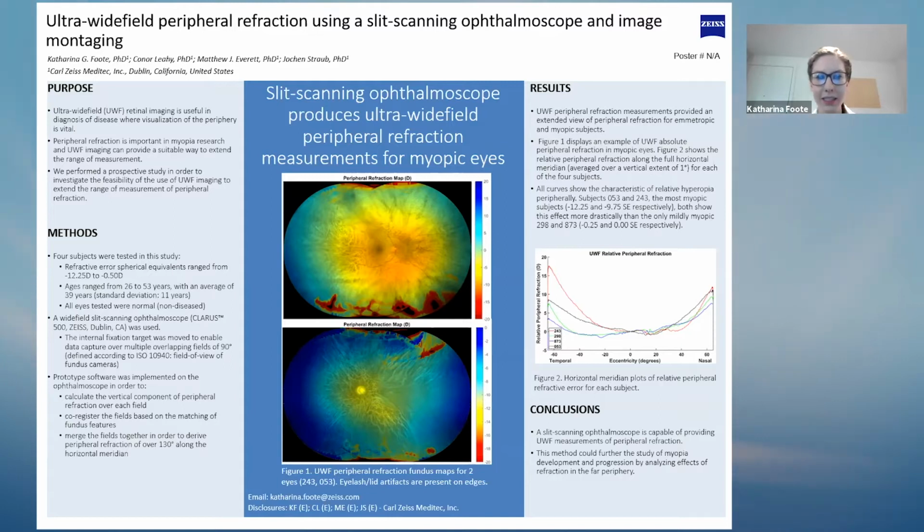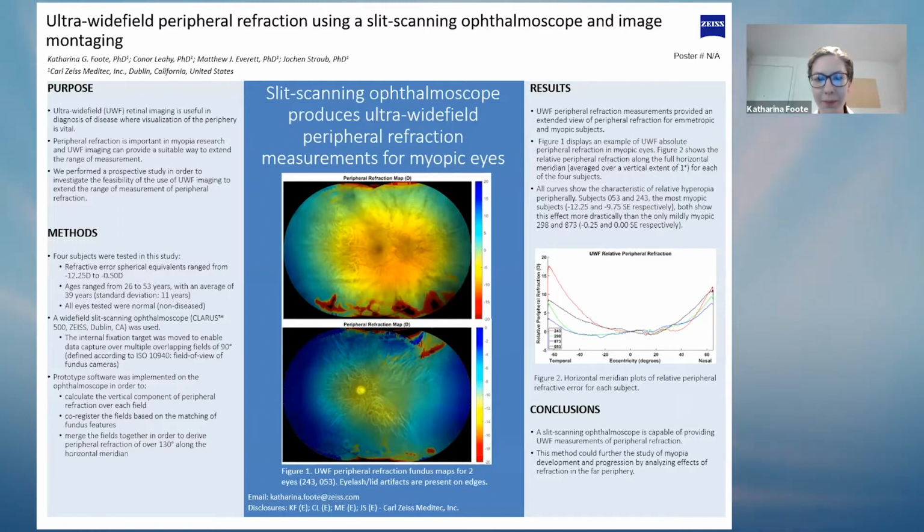High myopia is considered to be a risk factor for, as well as a comorbidity in the diagnosis of glaucoma. Ultra-widefield retinal imaging has proved useful in the diagnosis of disease where visualization of the periphery is vital, including high myopia. Peripheral refraction, or the measurement of refractive error at areas in the peripheral retina, can be of interest to